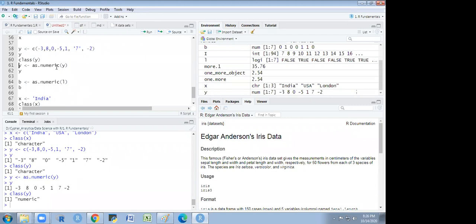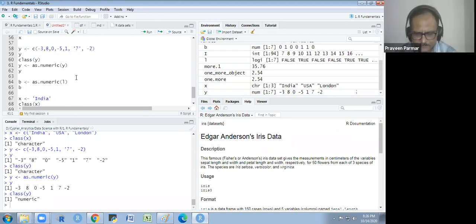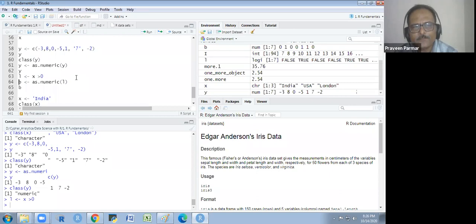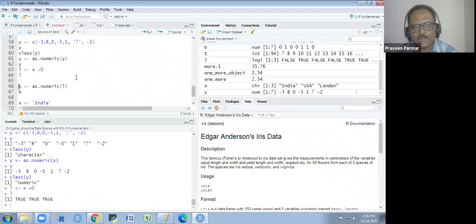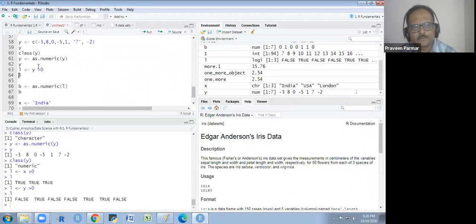Okay, so I again write that thing, L, and x is greater than 0. Okay, and I will show you the L. So L is there, only 3, x not y. We are talking about y, no? Okay, it is true and false. It's the logical. If I convert the logical to numeric, it will always be Boolean, binary.